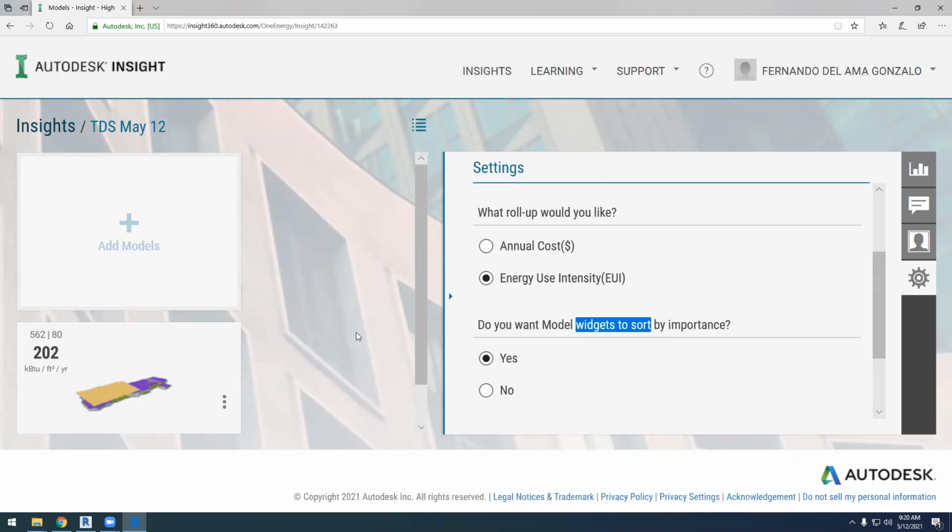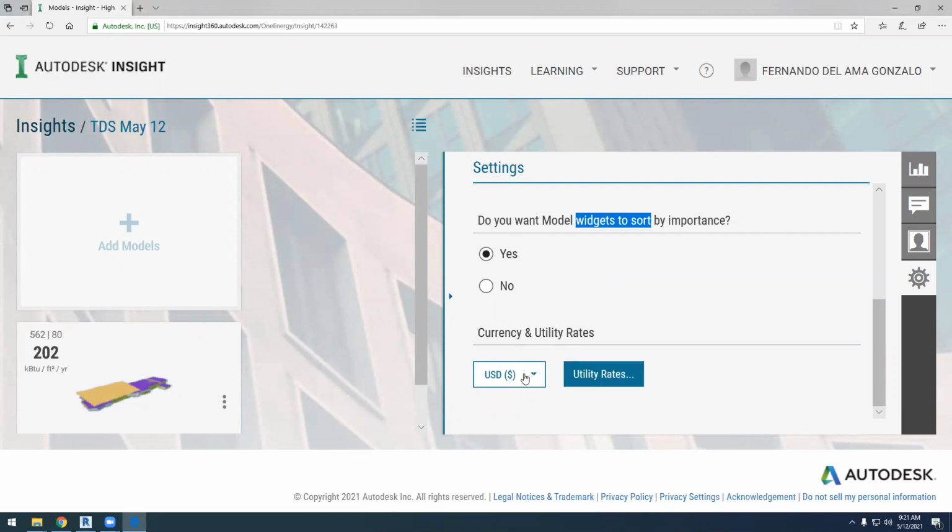So first we will start working on the most important measures that we can make to improve the energy performance, and at the end we will work with the last in terms of importance or in terms of energy savings. So make sure that you can sort this by importance. Click yes,